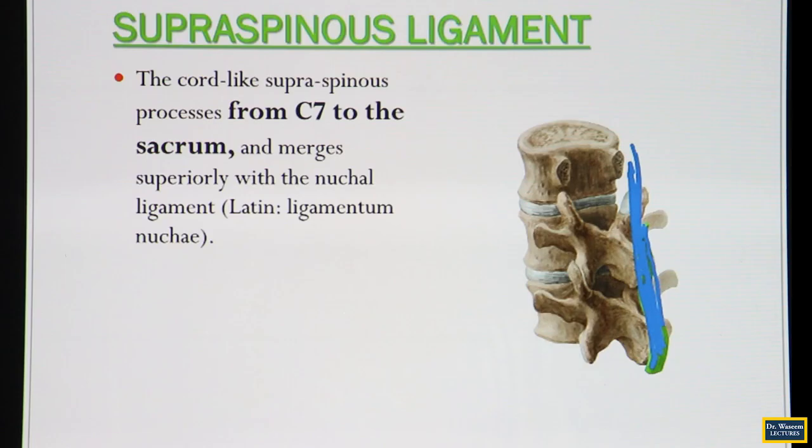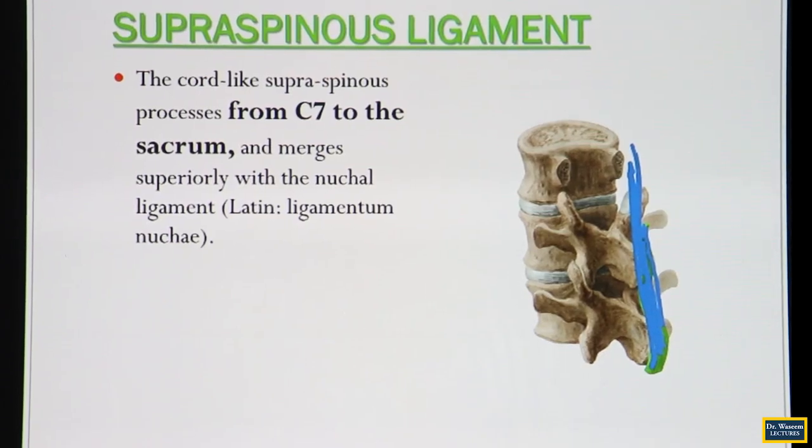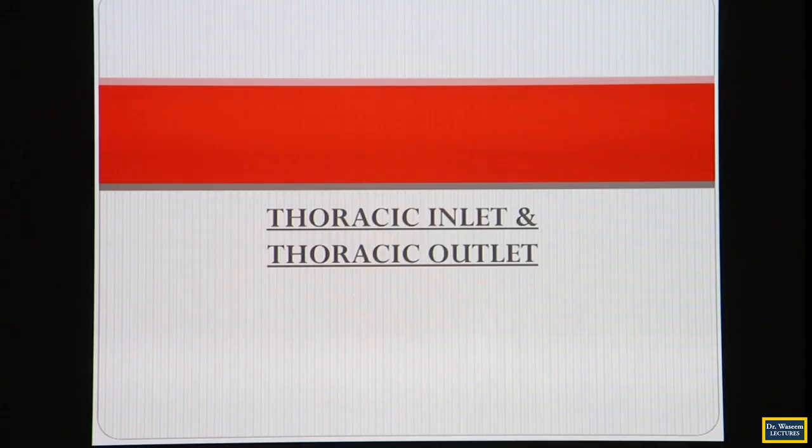And some other joints already, ligaments already we have to, this is a supraspinous, this is interspinous, and you are watching here intertransverse, stabilizing them. Now after this, you have to have here some idea about these are the levels which already I have told you. Now at the end of this lecture,